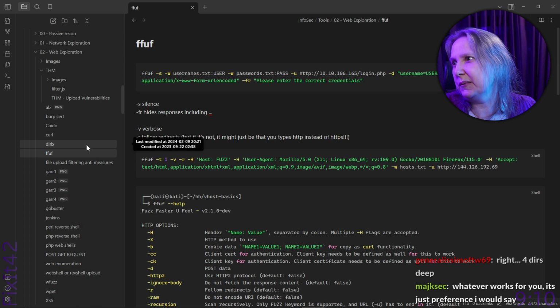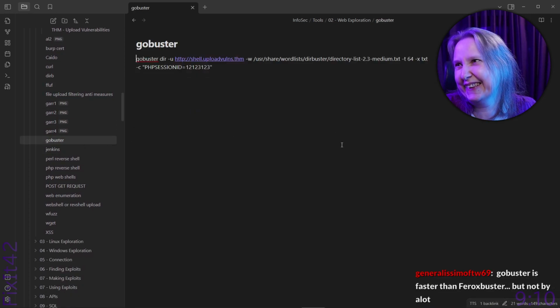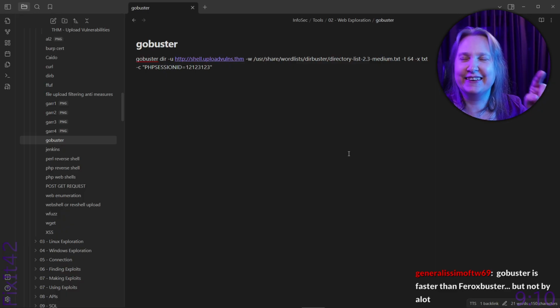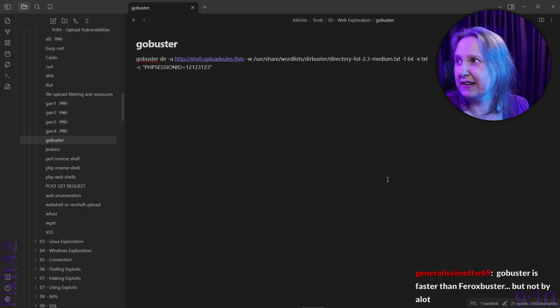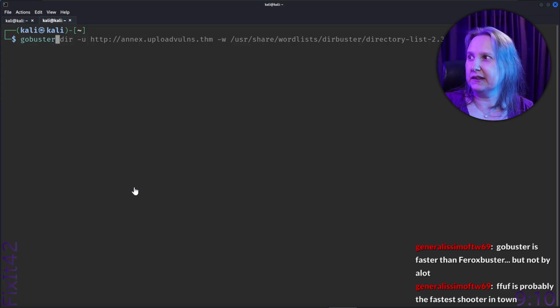So if we go to my GoBuster one, I don't have much notes on this. But I have the commands in my notes. GoBuster is faster than Feroxbuster, but not by a lot. Okay, so GoBuster is actually faster. I think I started with this because it was in the course. ffuf is probably the fastest shooter in town. Okay.